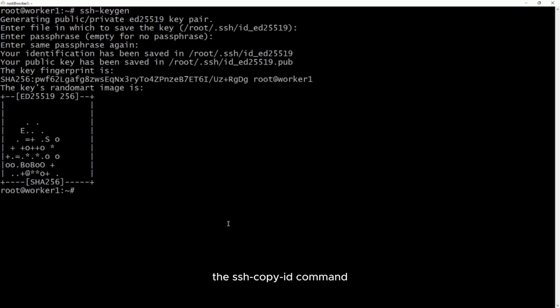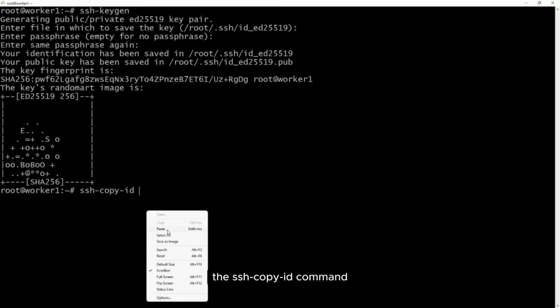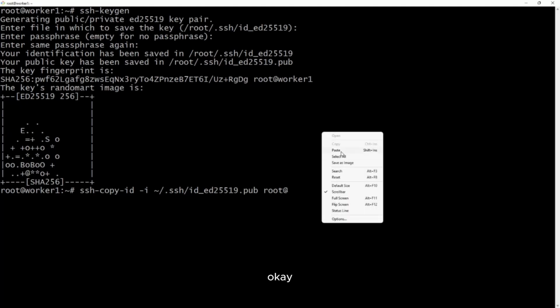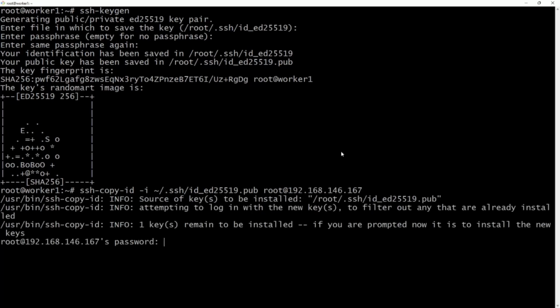For example, using the ssh-copy-id command.